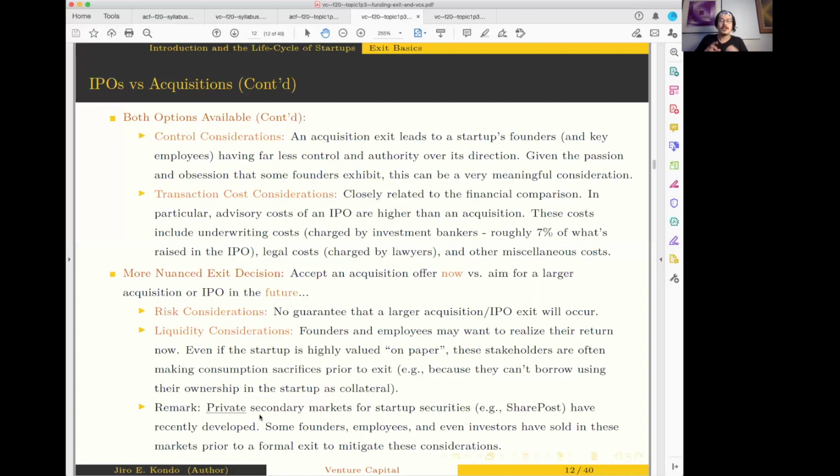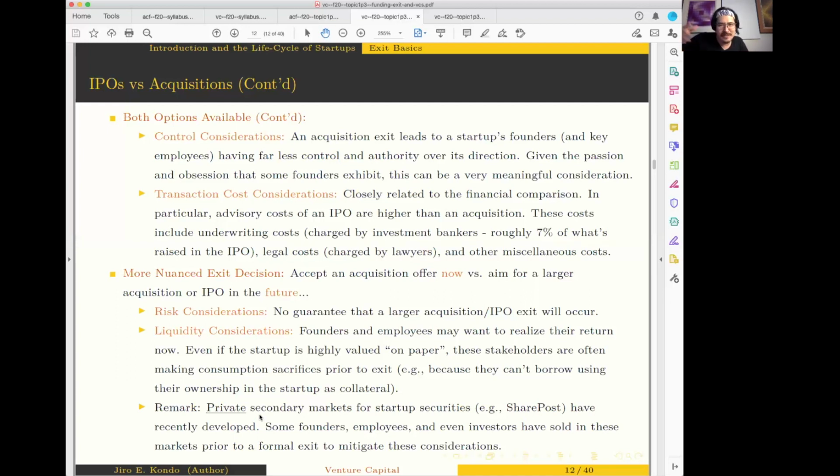His wealth compared to what he can spend right now, it used to be an insane differential, and now it's still a pretty big differential, but the fact that he could sell a bit of his shares in the funding round made a huge difference. That's becoming more and more common, which makes the liquidity consideration a little bit less important now than it used to be, by the way, right? Which also leads to companies swinging for the fence a little bit more too, by the way. I probably should have mentioned his actual name here, and he's probably okay with it. But in any case,